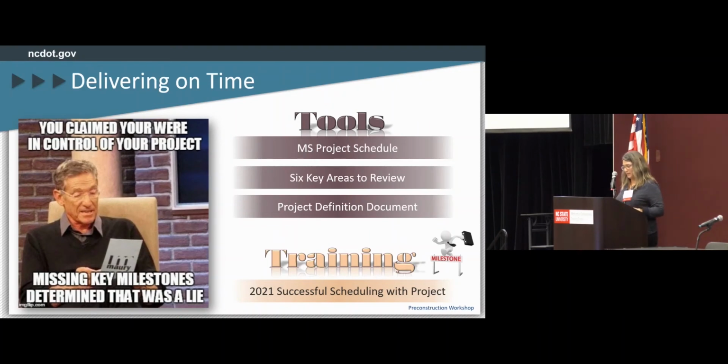We got a lot of good feedback, and I think the goal was that hopefully we established a schedule that was developed by the team that has buy-in for our team. Having that established MS Project schedule then allows you to ask straightforward questions in your status meeting, like, our schedule